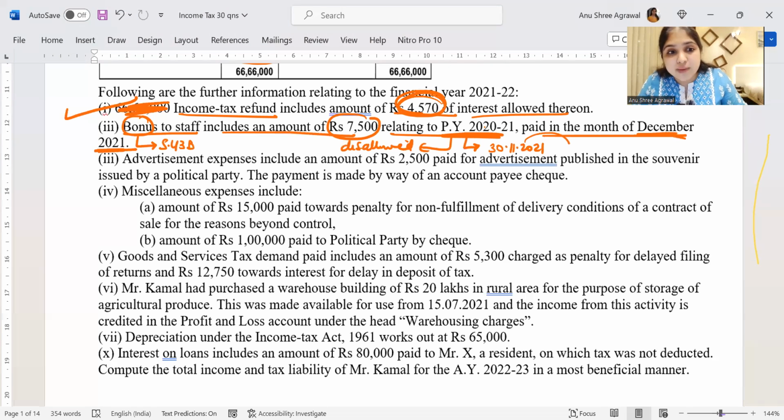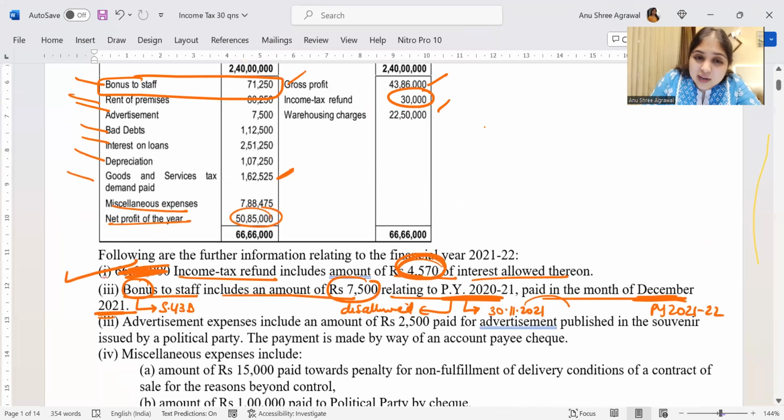But however, you have made the payment in December 2021. 43B disallowance is a reversible disallowance, which means later when you make the payment, it will be allowed. So December 2021, you have made the payment. Which year is December 2021? December 2021 will be previous year 21-22, which is current year. So current year, will I allow it for you? Current year, I will allow it for you because current year payment is made. So therefore, it is allowed and it is already debited into my P&L account. So is there anything left for me to do? Nothing is left to be done.